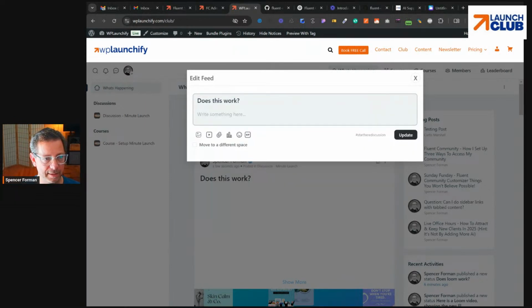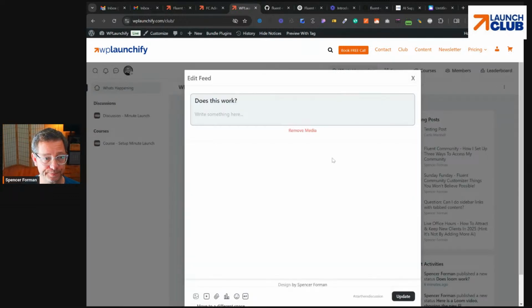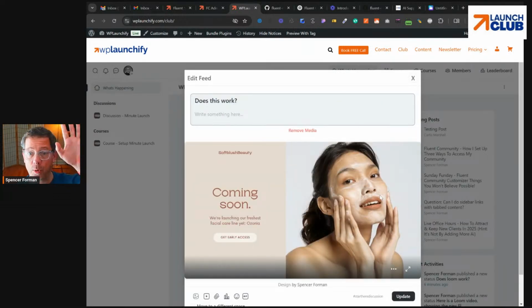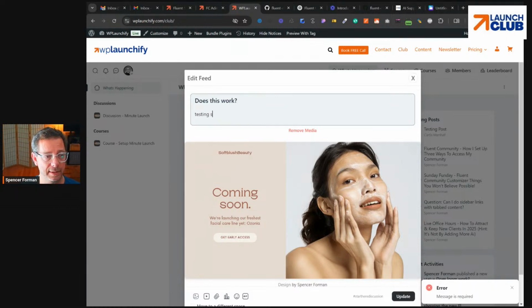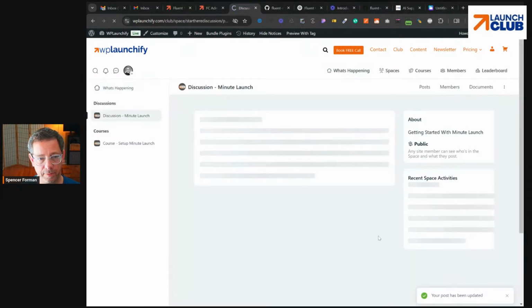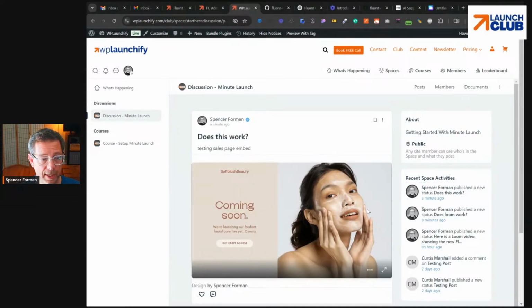First of all, let's delete this. There's documents, there's GIF. Let's see. Again, I don't know if I use this box. Let's see if it'll work. Maybe this will work. That works. Okay. So pretty cool that they're agnostic to what's being embedded. And that means at least I can get to it. Let's update it and see what happens if I try to edit this afterwards. I got to give it a message. Testing sales page embed. So that's good. I like that they've done that.